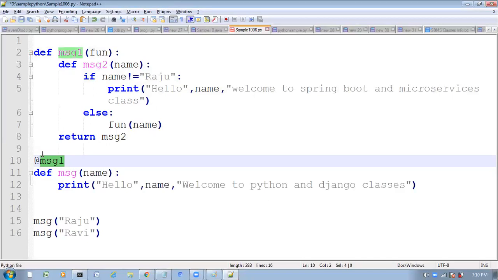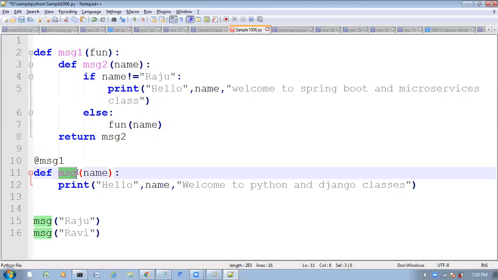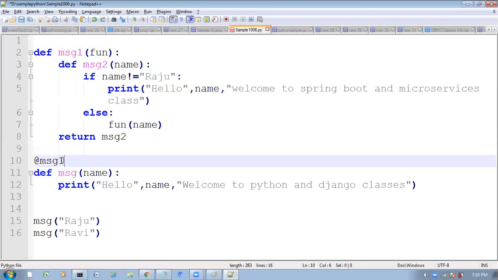Here what I am telling is, by using this decorator, this is the decorator we have to take like this. Whenever you call this function, instead of executing this function, directly go to this decorator and execute that decorator. Now this decorator function will be executed. Now please check what output you will get.